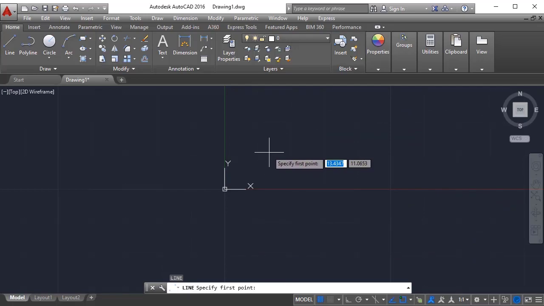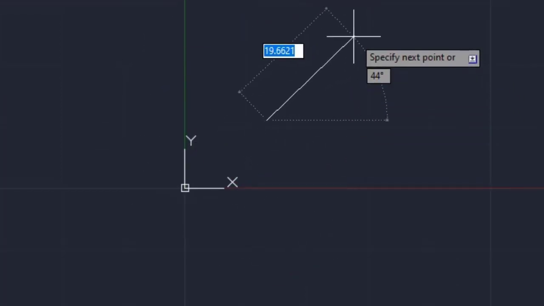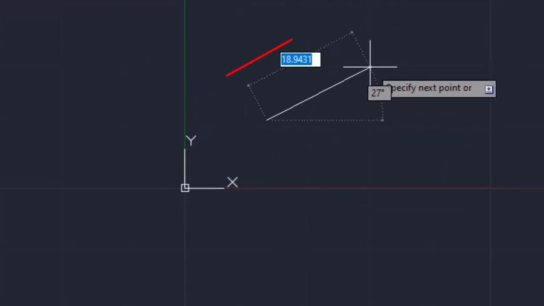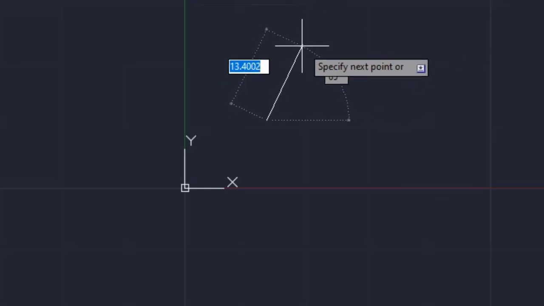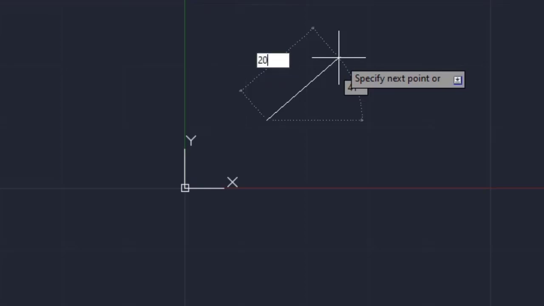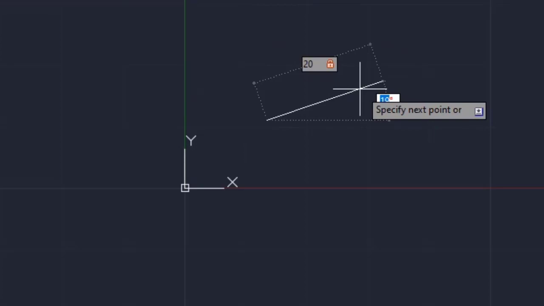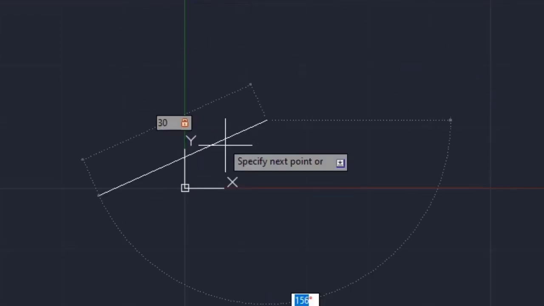So I specified one point over here, and after specifying, this is one of the advantages of dynamic input. It is prompting the length and angle. I can change the value, and I can shift from one box to another using the Tab key. If I tab in the length box and specify a value, then switch to the other box, it is automatically locked to that 20 length. Again I switch back and use 30 length. See, it is locking, and I can change the orientation.